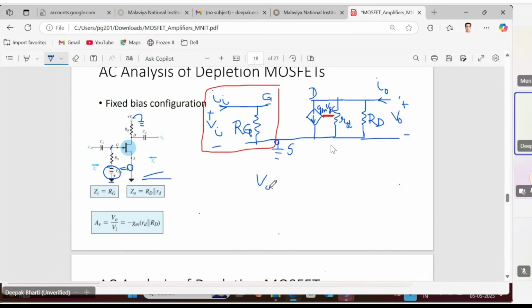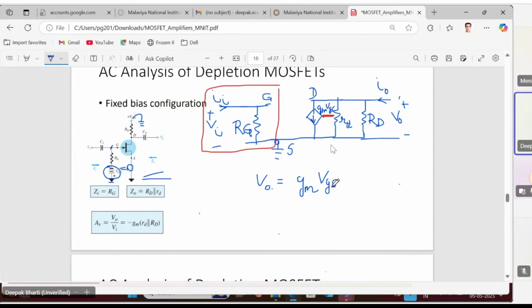So to find out AV, let's write down the expression of output voltage. So what will be that? If you notice how the current is flowing, this GM VGS current is getting divided into small rd and capital RD, and this is flowing from these two resistances. This total current is GM VGS. So we can write down the output voltage expression as,